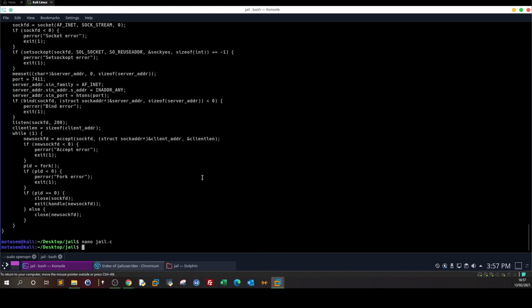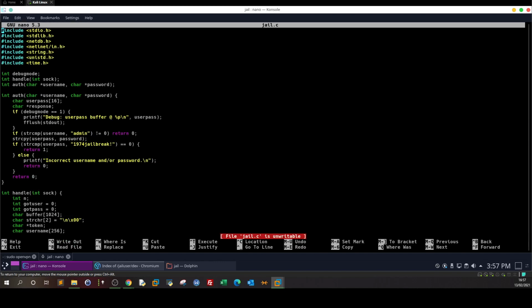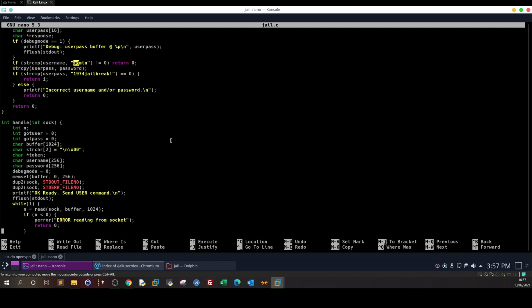So basically, the jail application listens on port 7411, and in order to interact with the jail, we have to connect to that port. Now, part of the puzzle is being revealed. After I connect, maybe I have to supply the username and password, admin and 1974 jailbreak. That is the second node. The third node,